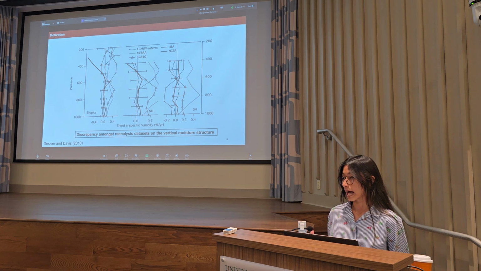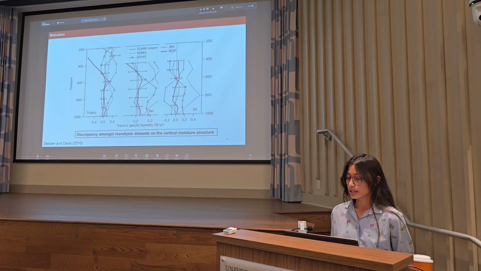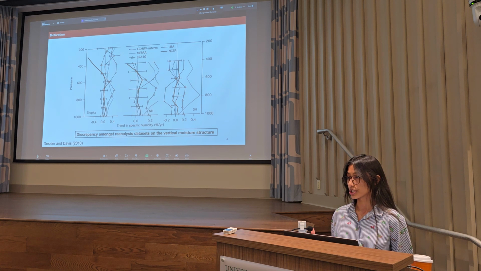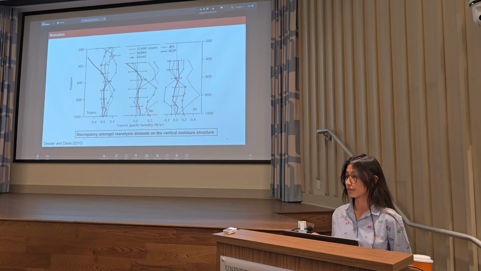constructing these reanalysis datasets. Thus, the primary motivation behind our work is to analyze how large-scale circulations have changed during the satellite era, during the historical period for which we do have observations, and also to devise an observable proxy that takes us away from this heavy reliance on reanalysis datasets.